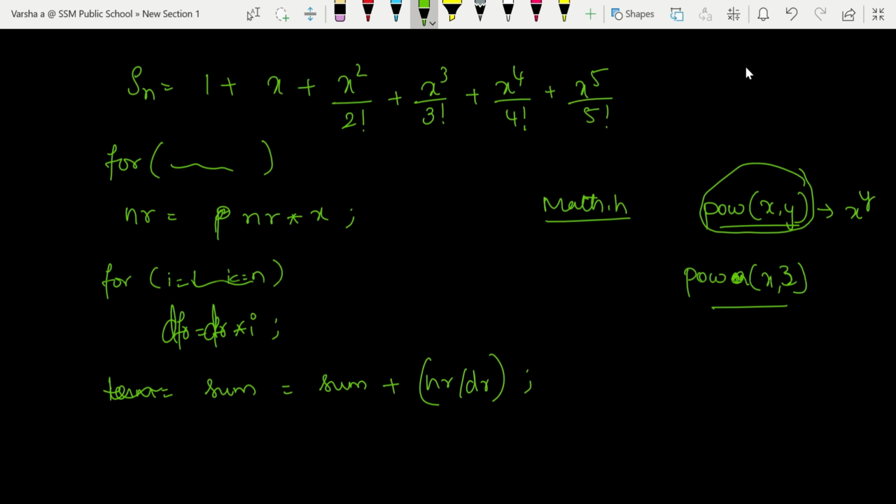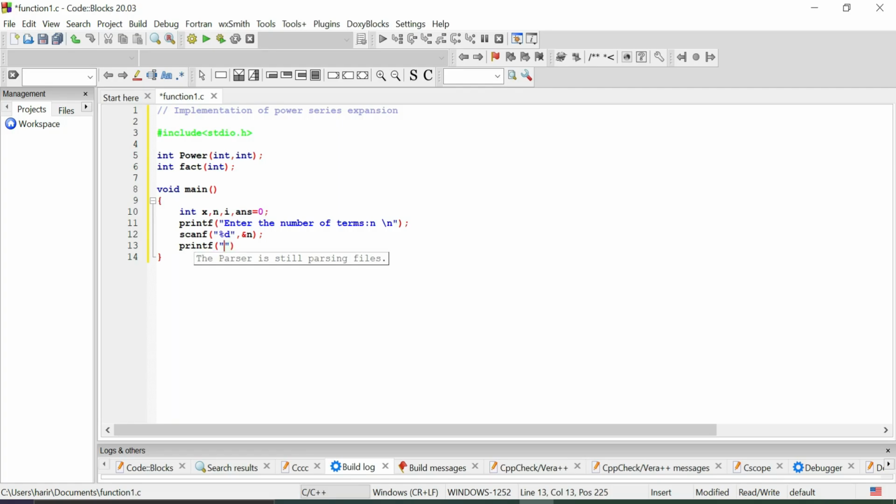Then I have to give n as 5, and I have to give some value for x, say 2. Now I'll write printf, enter value of x, and scanf %d, &x.